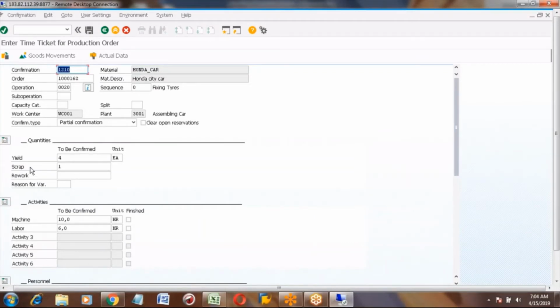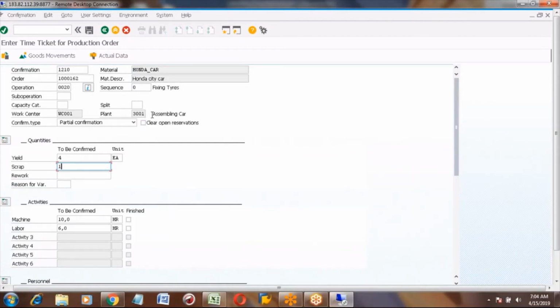For example, scrap means you cannot use this product. That car is all wasted. You cannot use it. Not the tire, the yield is from the car.